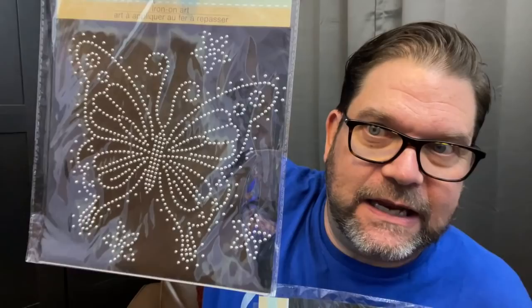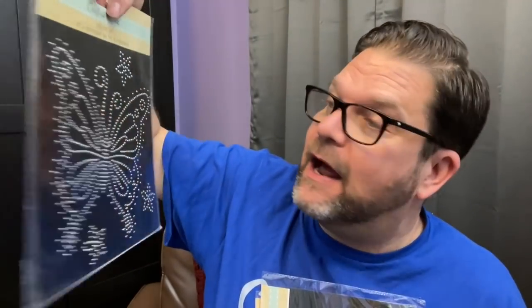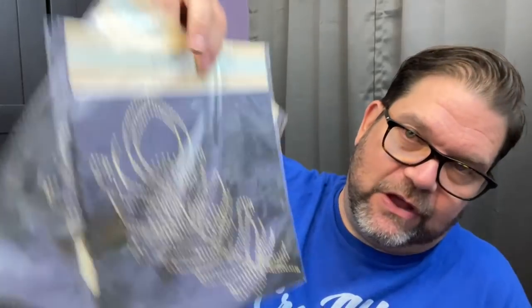I bought this one because I want to make something for my mommy, because it's got butterflies on it. And butterflies always remind us of my grandmother. And I don't know, maybe I'll do a little denim jacket or something for mom with those. And then I found these as well, and I was kind of thinking a denim jacket vibe as well, possibly, but they're feathers. And I did buy 2 of those